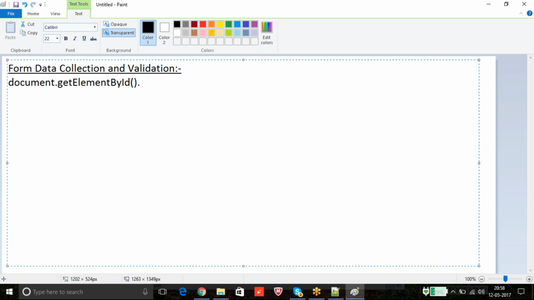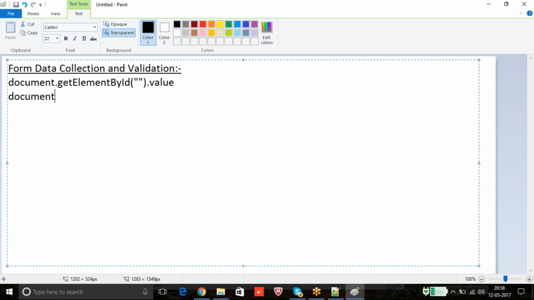So the property is value here. This property returns or sets the value of an input element. So value equal to sets a value. If we don't provide the equal to and just use value, it just gets the value of the input element. But you need to access the input element either by the ID or by using the form also,